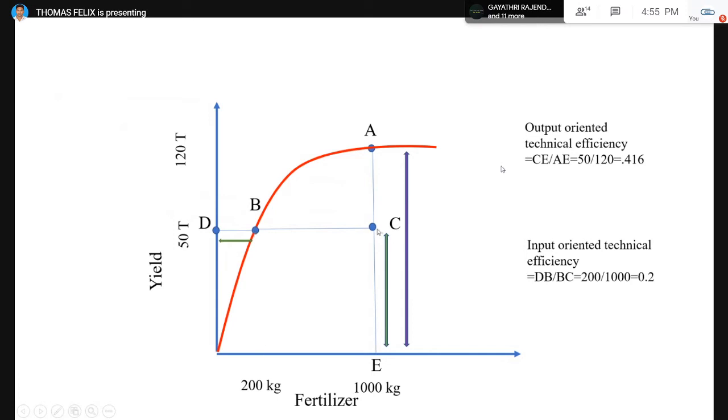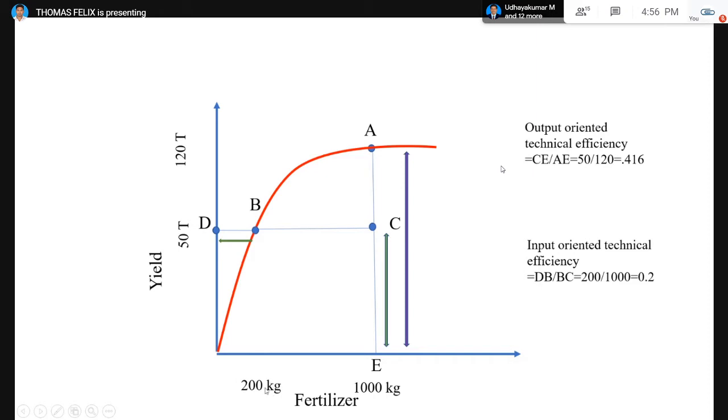Similarly, C, that is Chinnasamy farmer, is using 1000 kgs to get the same yield. So B is getting 50 tonnes, C is also getting 50 tonnes, but the input usage is different. So in input oriented technical efficiency, our intention is to get the same output with a lesser level of input. So we can achieve 50 tonnes